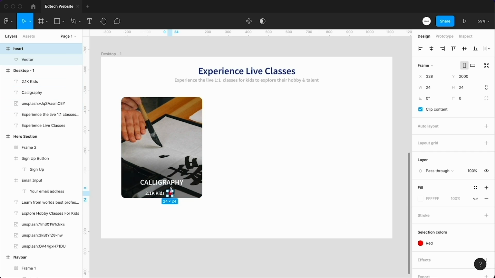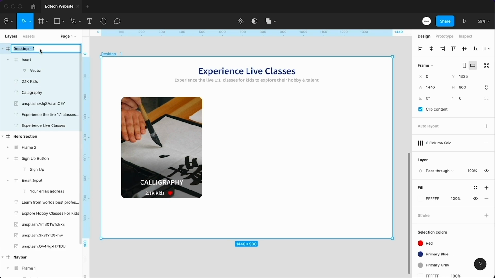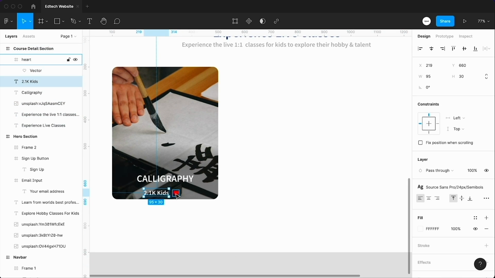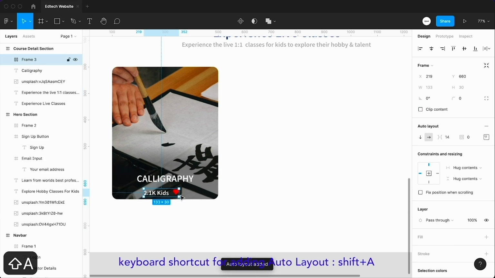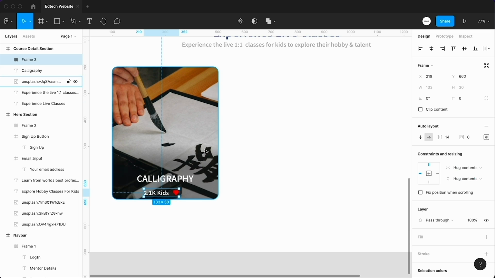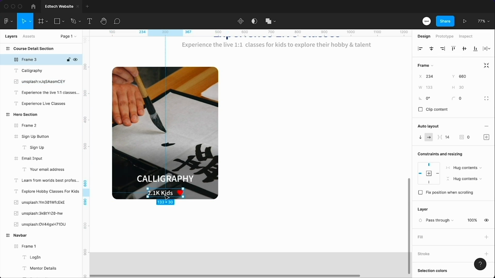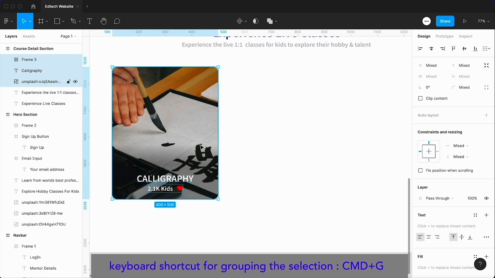Now we have one problem that this icon is outside of this frame. For that, we will select this frame and put it inside the parent frame. Let's rename this frame course detail section. Now select the text and the icon and add AutoLayout to it and align this icon. Now select this frame and this rectangle and align it to horizontal and move this text a little bit up. Now select everything and group them together